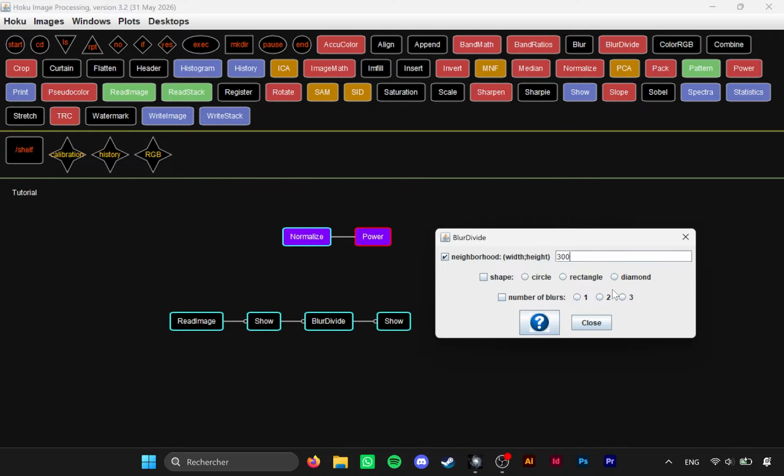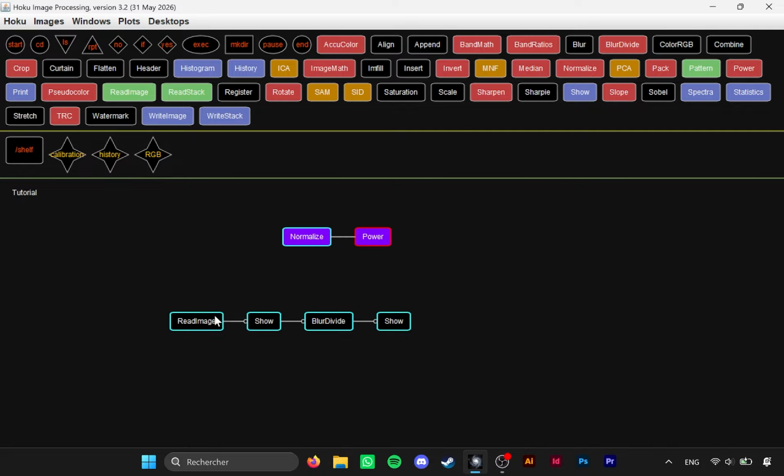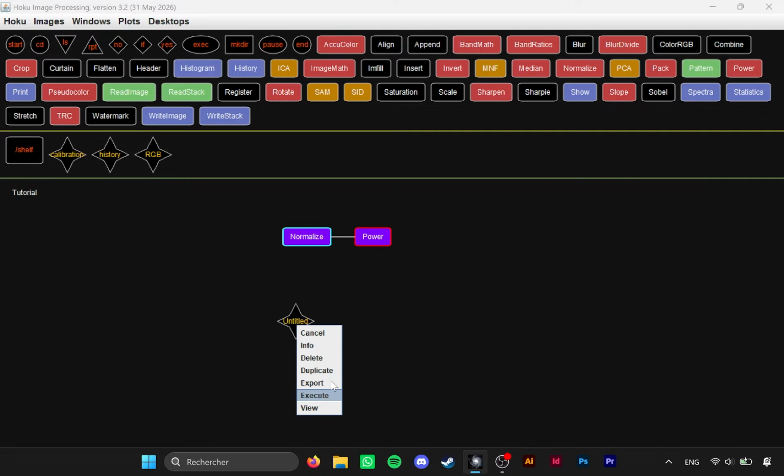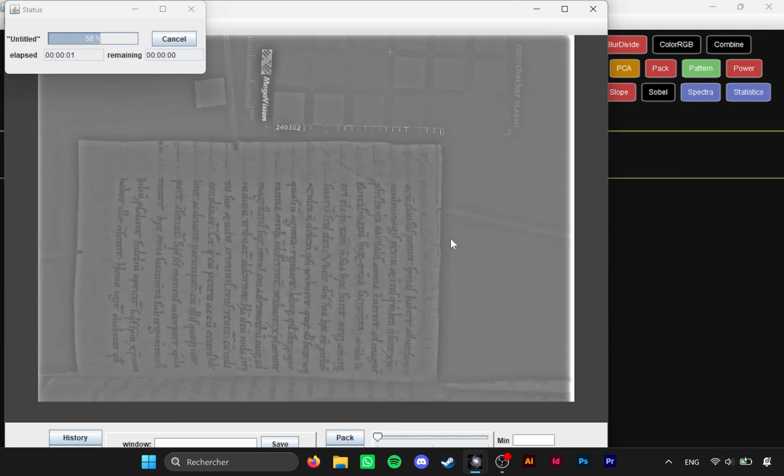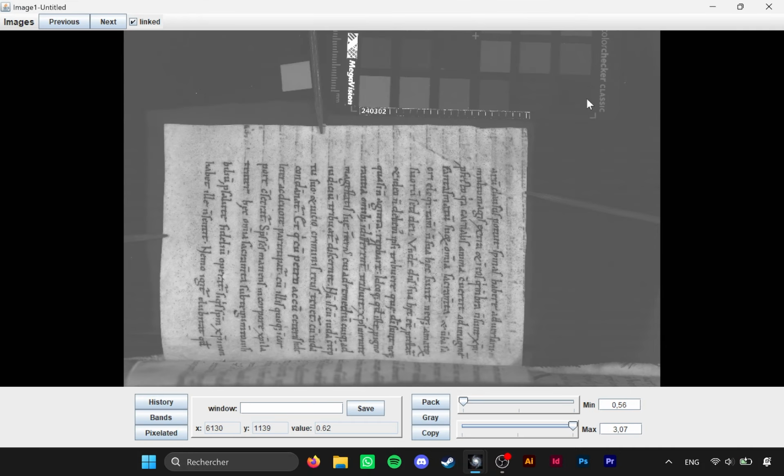Mess around with these and see which one works best for you. We can close up our job and execute it, and then I'll explain what the module is actually doing. The blur divide takes this image, blurs it, and then divides it from itself, and that gives the effect that